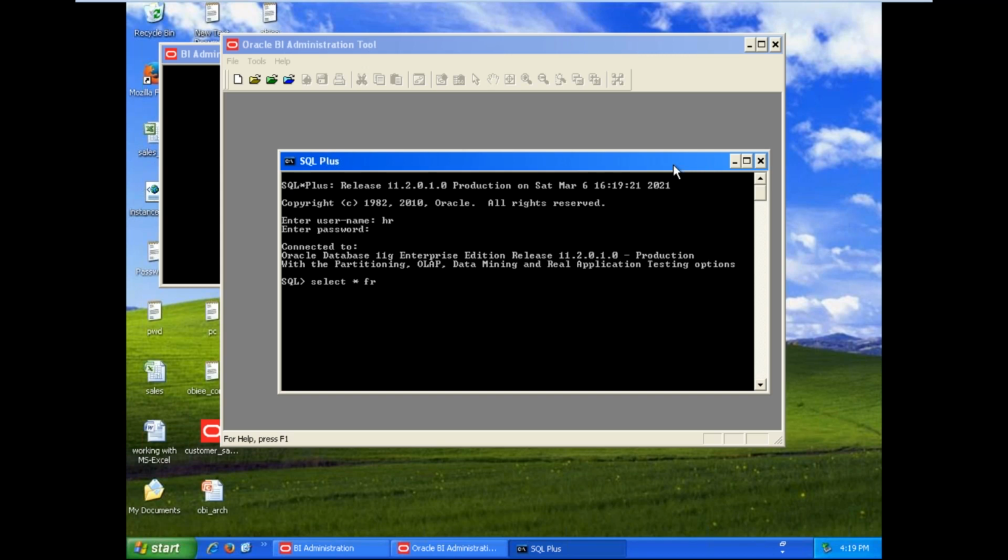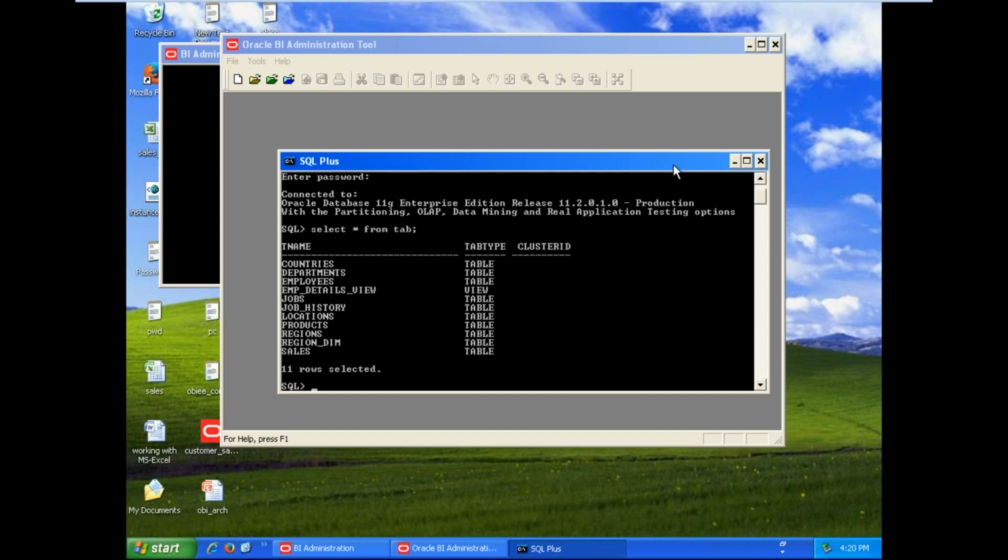We need access to the database with the necessary login credentials, and write a query like this: select star from tab. Here we are working with tables, views, and synonyms. Our technology supports working with tables, views, and synonyms also. We already have some idea from the database, right? What is a table? A table is the main database object. Without a table, we can't do anything in the database. On top of a table, you can create views, synonyms, procedures, functions, anything. If you want to store information in the database, we need a table.